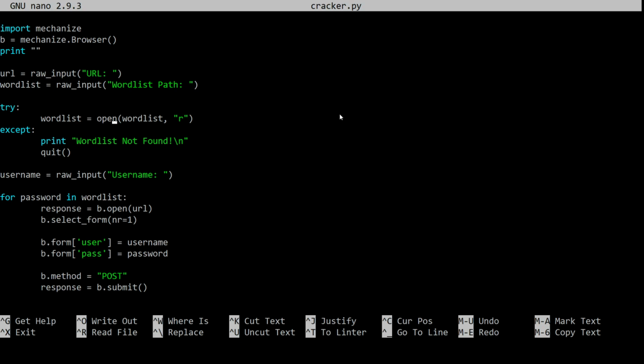So we ask for the word list path, and then we try to open that word list. I put this in a try statement just in case something goes wrong. Usually if the word list is incorrect, it'll tell me, but if you just see an exception, you kind of face palm and have to do a bunch of annoying reading. Then we ask for the username again, and it goes into this loop. So we've dumped all of the word list into this